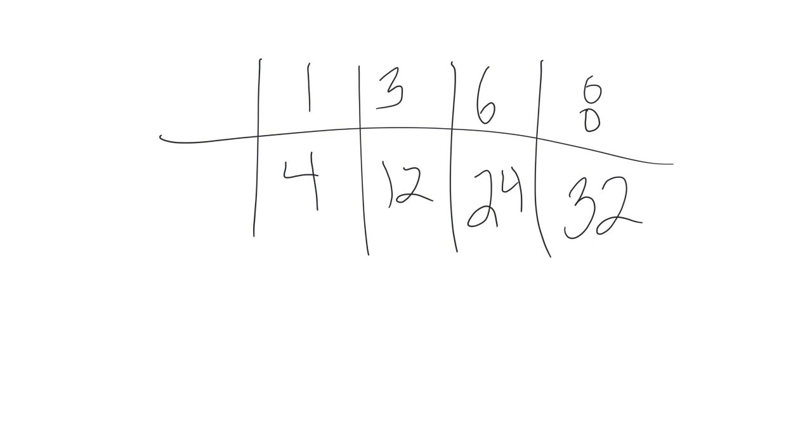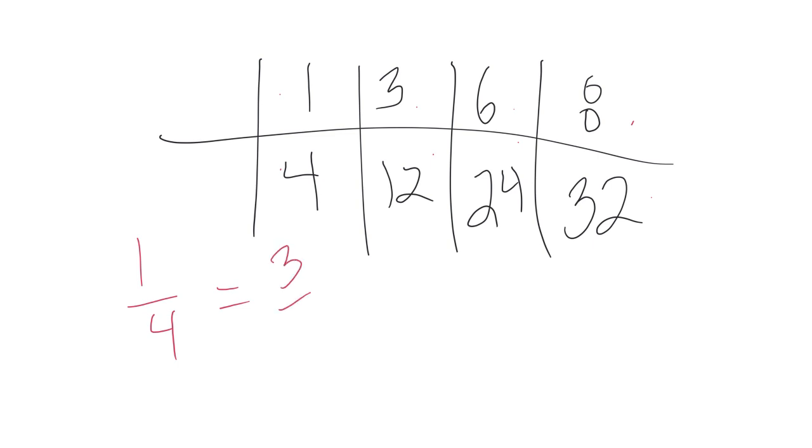So from 1 to 4, that's multiplying by 4. And from 3 to 12, that's multiplying by 4. From 6 to 24, that's multiplying by 4. And from 8 to 32, that's multiplying by 4. So from top to bottom, we're good. Now we need to go from side to side. From 1 to 3, that's multiplying by 3. From 4 to 12, that's multiplying by 3. So you could do this and go all the way across the table,